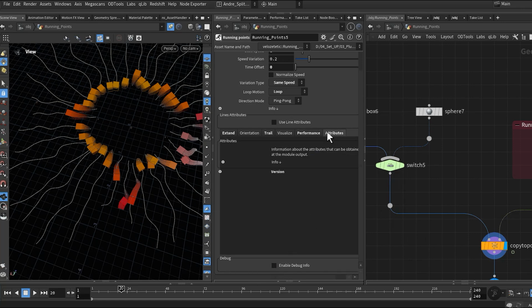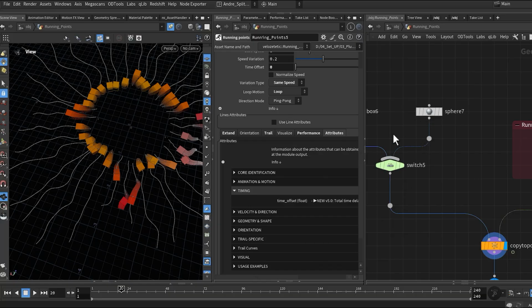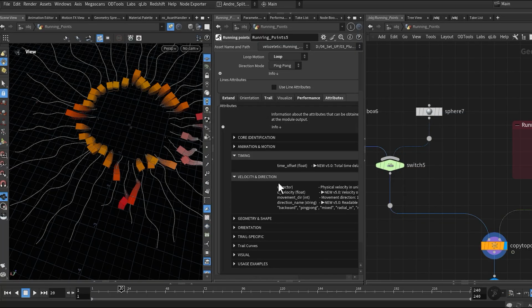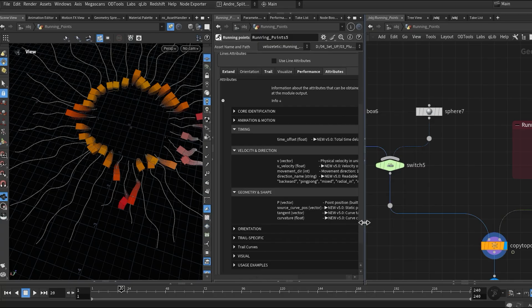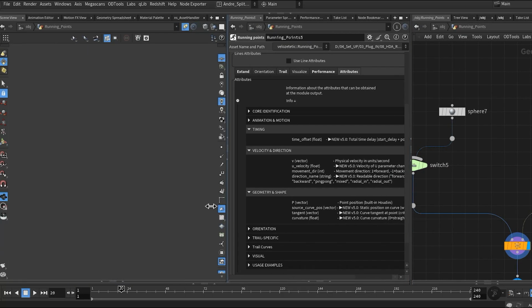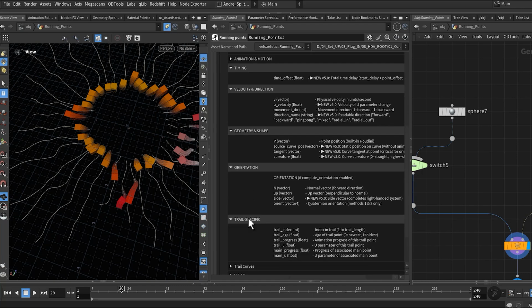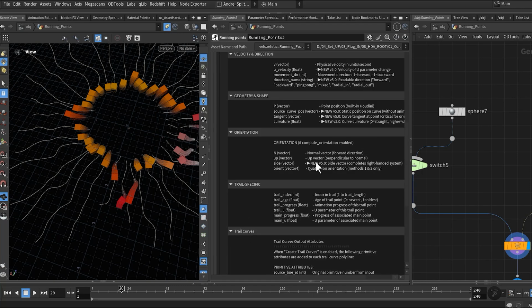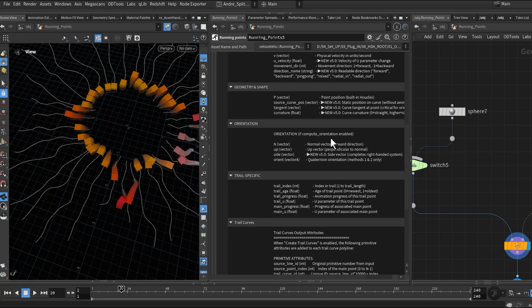The attributes. In the attributes section, you will find a list of the attributes with HDA outputs. This gives you a clear overview of the data available for points and curves, so you know exactly what you can use later in your workflow.